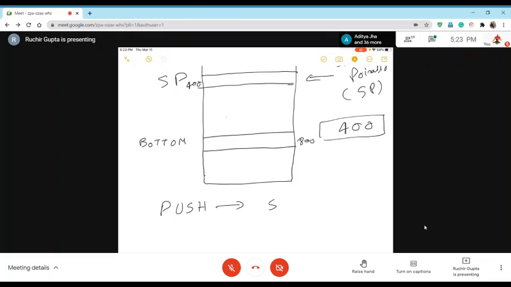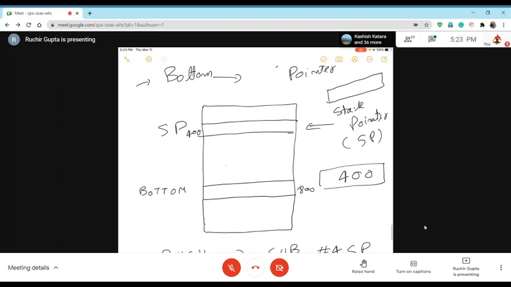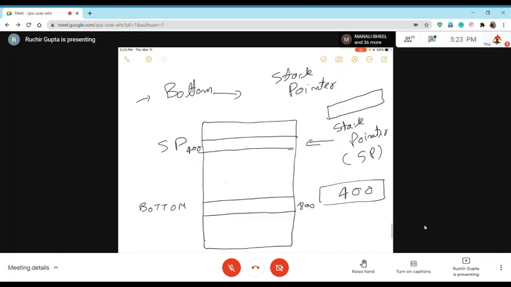So first thing you have to subtract, because whenever you are pushing something, your stack pointer should go up, right? So first thing is you have to subtract the size of word length, and I am assuming size of word is 4 bytes, so SP minus 4. So what you have to do, SP में जो भी वैल्यू स्टोर है उसमें से 4 कम कर दीजिए, यानी अगर यहाँ पर 400 स्टोर है तो इसमें क्या हो जाएगा,